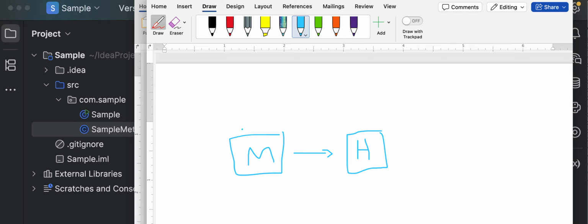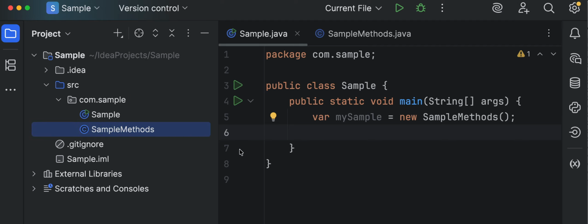One is the main class, we'll call it class 1, and we have the helper class, we'll call it class 2. The idea is that we want to reduce the amount of coupling or reliance between the two classes, because as you can see here, even